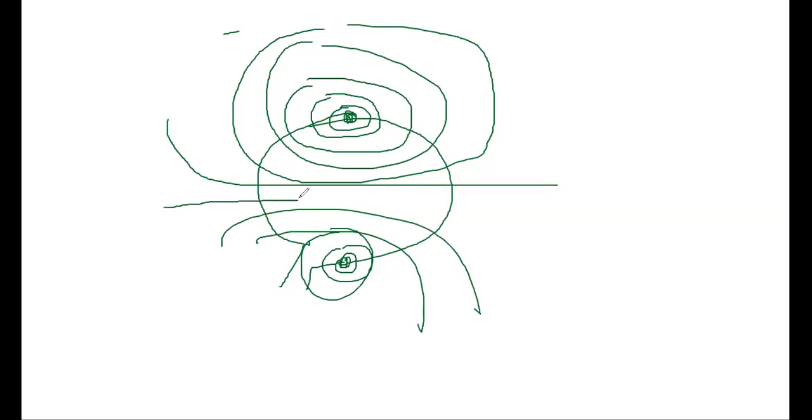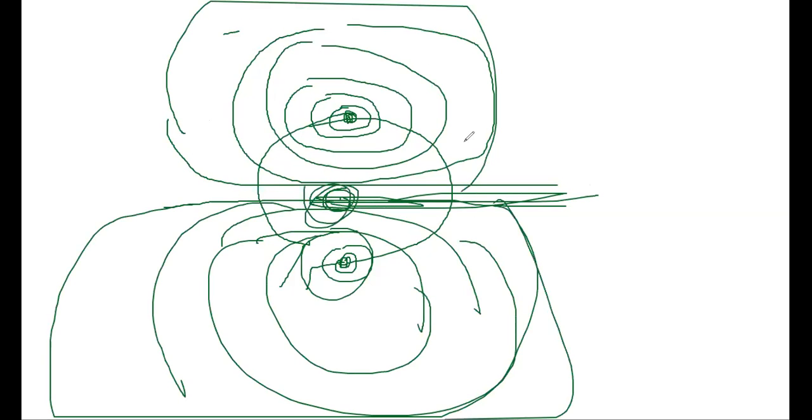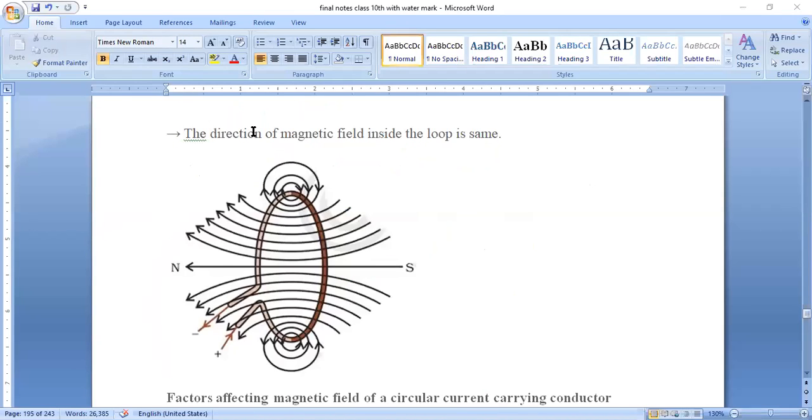They look like straight here. So if I want at this point also: 1, 2, 3, 4, 5. So at the center, the field will be like a straight wire. The field will be in the form of straight lines. They look like straight, but they are continuous like this here. Please remember, they look straight at the center point, but they are continuous in fashion. They are not shown here actually.